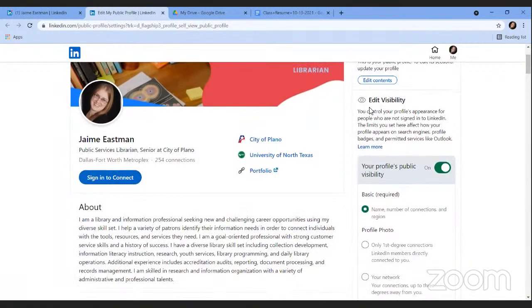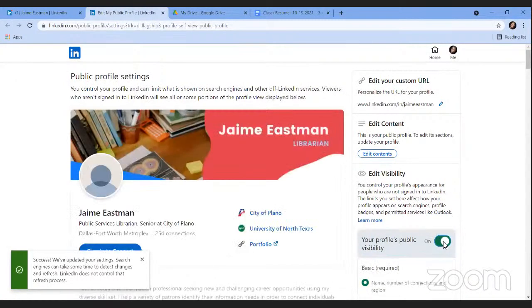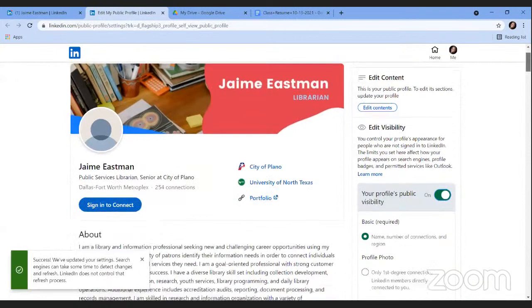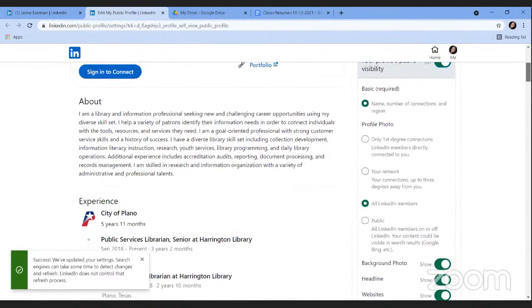And this is where I can edit the visibility of my profile. So I can turn that profile on or off. If I turn that profile off, no one will be able to find me. If I turn it back on again, then people can see me. And I can also choose how much information is available.